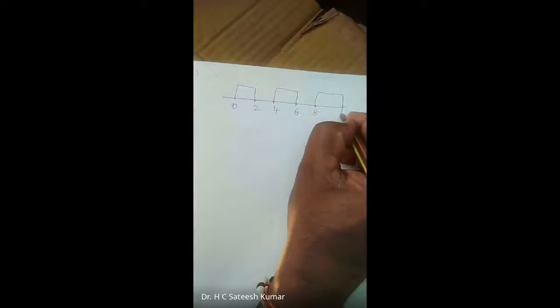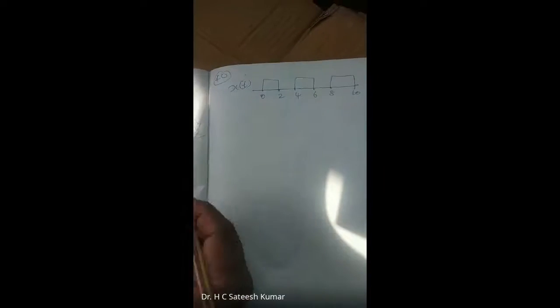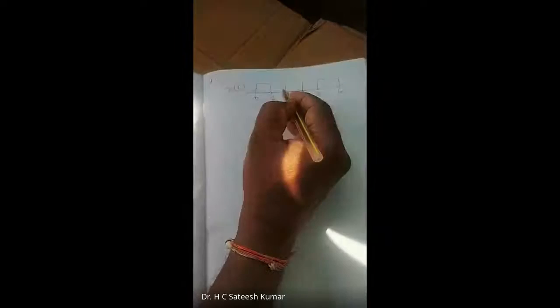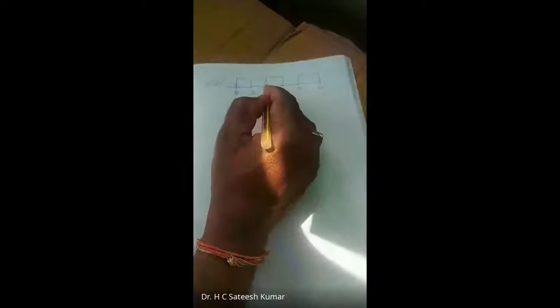A signal of this sort, 0, 2, 4, 6, 8, 10. What is the period of x of t? So here it is by observation only. It is going up until the next time it goes up. That is the period. What is that? It is 4. You should not take this one, but take it until that point. So the period, T naught, is equal to 4. This kind of thing we should do by observation only.